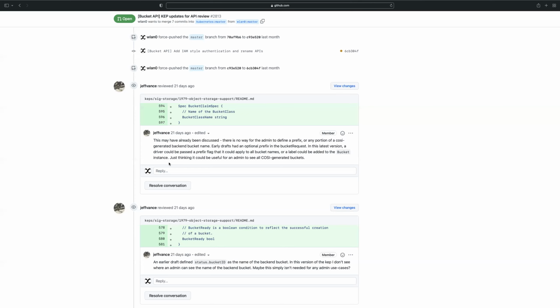But then when that bucket is deleted, the previously user-created bucket could be deleted by the lib bucket provisioner. And so there is some benefit for the backend to be able to understand: was this a bucket originally created by Cozy, or was this something that was created by the user?